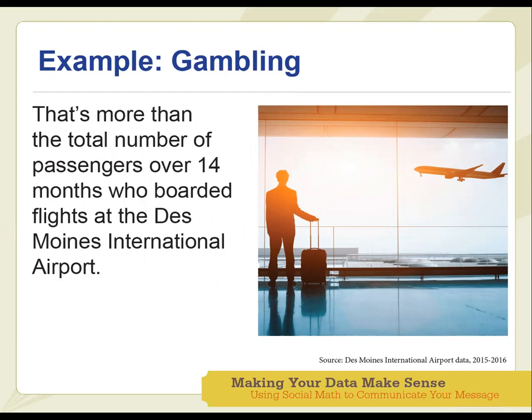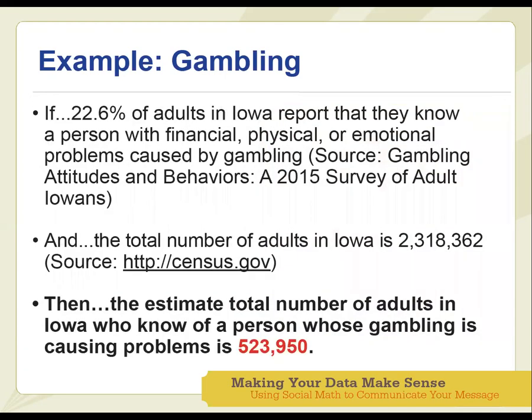So let's do another one. Another gambling one. If 22.6% of adults in Iowa report that they know a person with financial, physical, or emotional problems caused by gambling, and the total number of adults in Iowa is again that 2 million number, then the estimated total number of adults in Iowa who know of a person whose gambling is causing problems is 523,950. So again, the math is you take 0.226 times the 2 million number to get